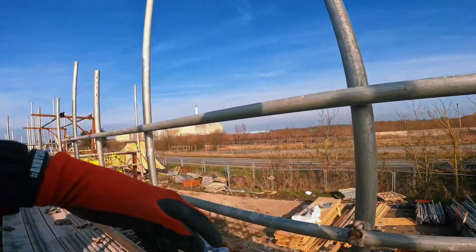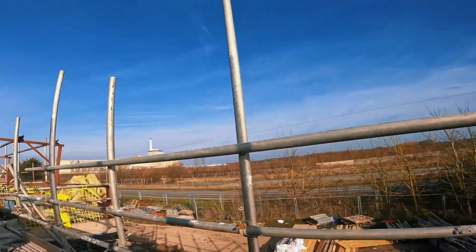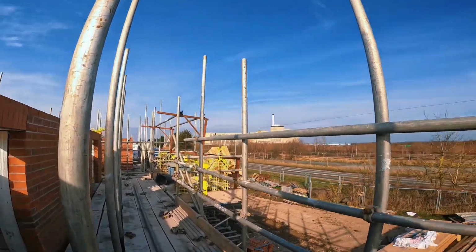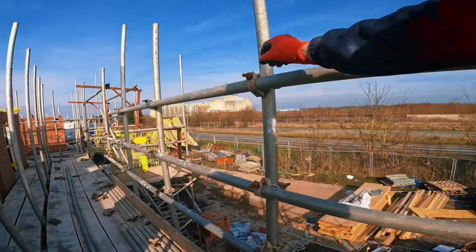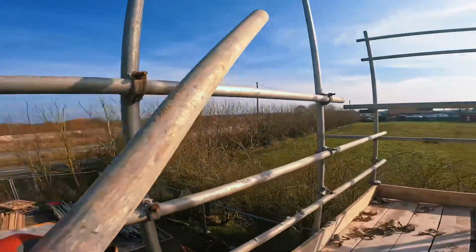Install these 3 doubles first. And then I'll probably send the other ledger down, then install the handrail along the top, and start on the inside ledger. Let's get some doubles on. Now them 3 doubles are installed, should be banging my swayer on like I said before. Get one of these nice and tight, level all the others in. I'll show you that in a second. What I'm going to do,